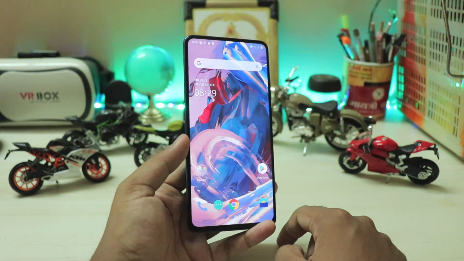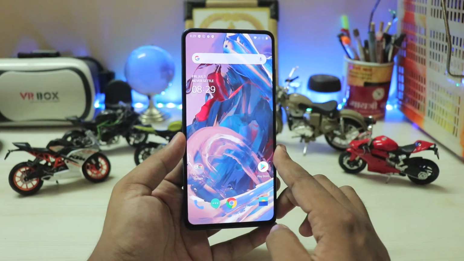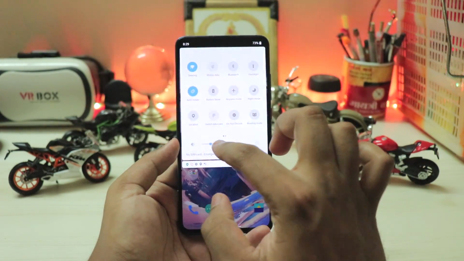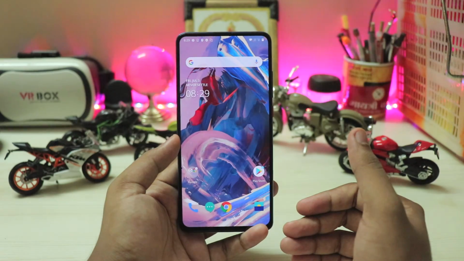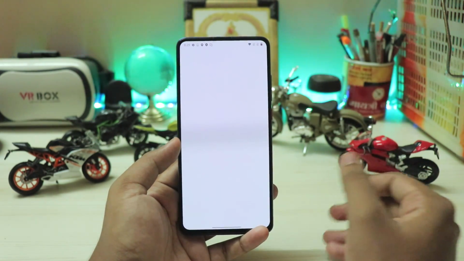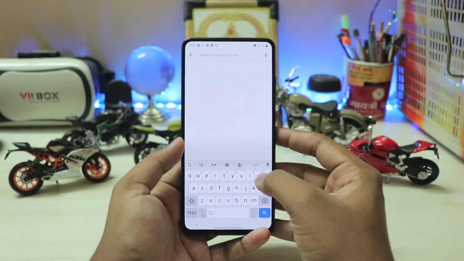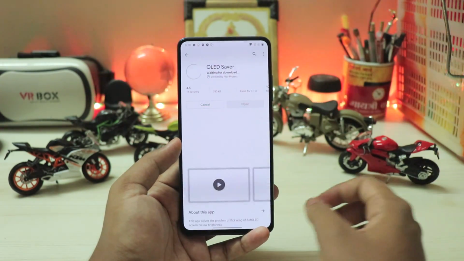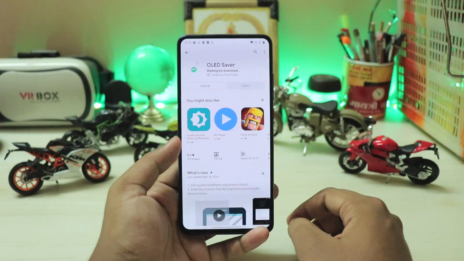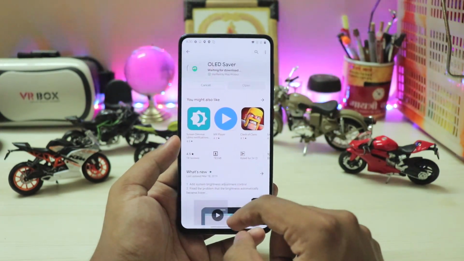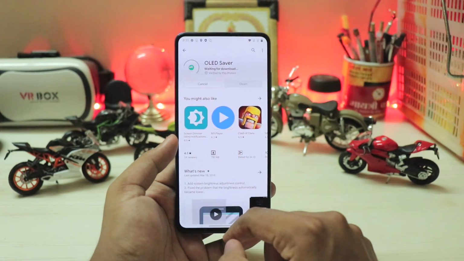And there's your brand new OnePlus 7T Pro. I mean, look at this display. This is just so gorgeous. Let me just adjust the brightness real quick. And sorry for the flickering on the screen, as this is a ported ROM, it doesn't have any kind of stock anti-flicker mode. You will actually need an app called OLED Saver and it just works fine. Let me just grab that quickly. Wow, look at the speed. We just set up the phone and everything is just fluid. That's the raw power of the Snapdragon 855.